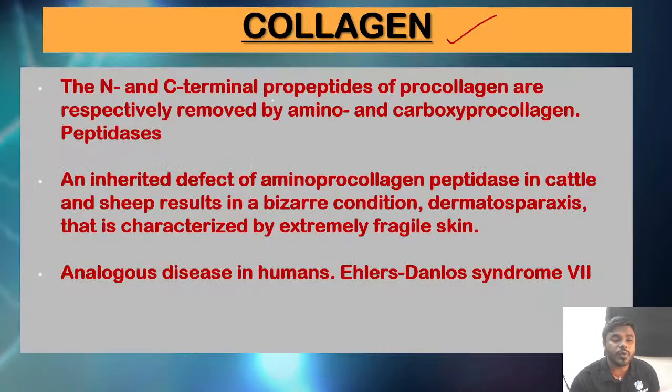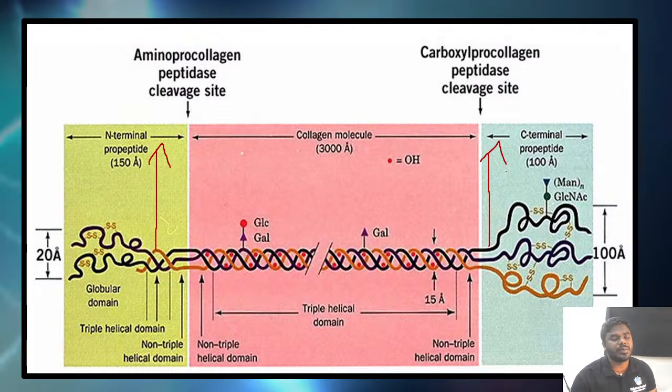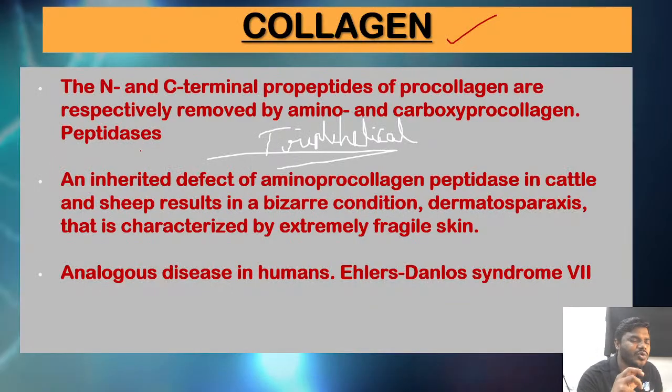Collagen is what kind of a protein, friends? Listen everyone, collagen is a triple helical protein. Everyone listen to me carefully. Collagen is a triple helical protein. And we all commonly know that, friends. Focus every one of you on the diagram. Every protein has what kind of domains, friends? Every protein has an N-terminal domain, and friends, every protein has a C-terminal domain. There is no doubt about it. And every one of you has to understand, friends,